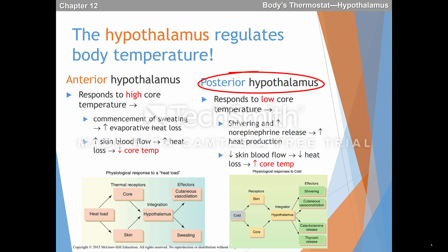And finally, when the posterior hypothalamus is sent information about you being cold, it will initiate the release of certain hormones, particularly catecholamines like epinephrine and norepinephrine, and thyroxine. And so the reason that these hormones are released is because they can have an effect on your metabolic rate. So when these hormones are released, metabolic rate goes up, and you will start to produce heat as a byproduct